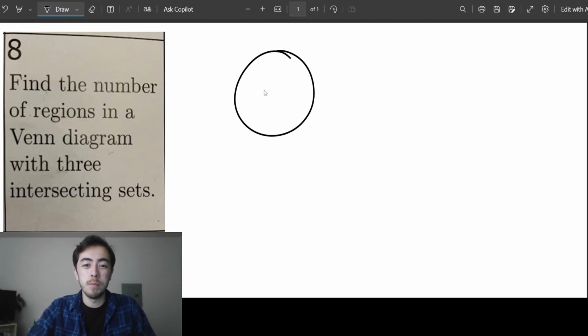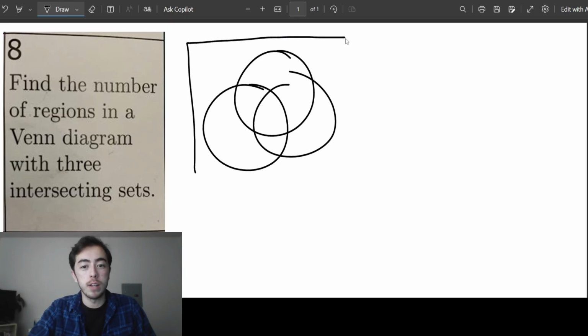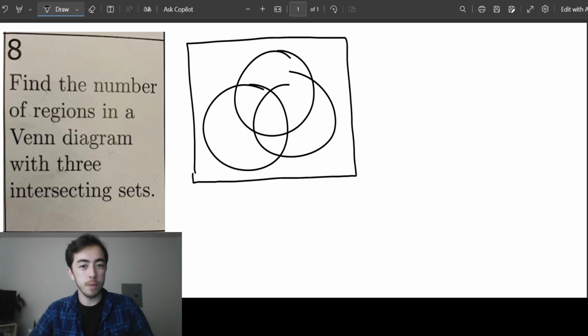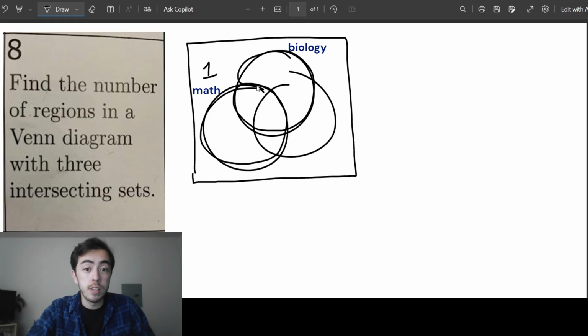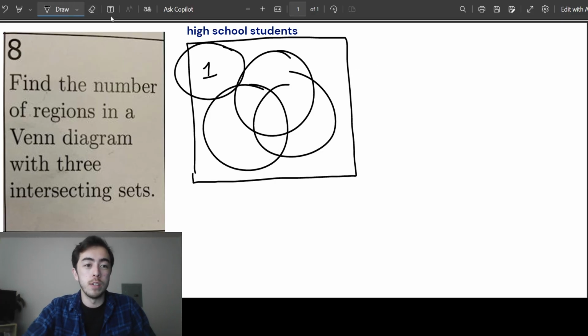A triple Venn diagram basically just needs 3 overlapping circles, and then it's also important to put a box around it just to show what your universe is, or what everything could possibly be. Because it's totally fine if in your triple Venn diagram something just isn't in any of your 3 sets, right? Like if we have, say, students in a math class, students in a biology class, and students in an English class, well, a student doesn't have to take any of those classes. So if our universe is high school students, then it's totally fine to not be in any of